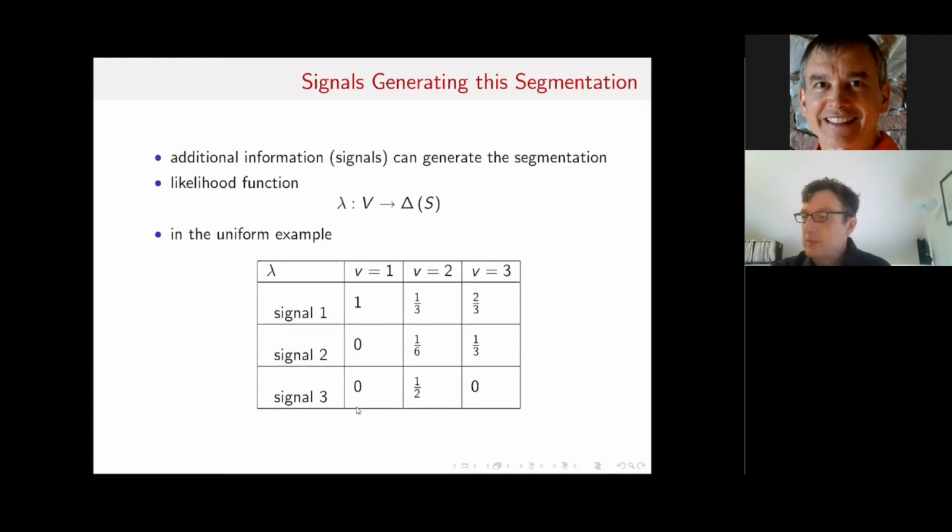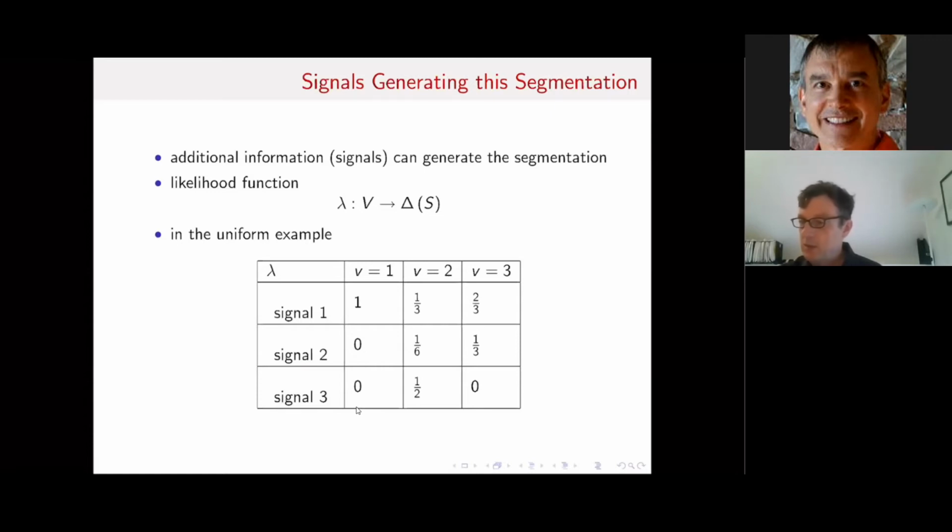Let's read this matrix off by going down the columns. Let's say the consumer has a value V1. What are the possible signals that the firm could see? There are 0 entries and just 1 positive entry. So whenever the value is 1, we only generate signal 1 with probability 1. The picture is different when the value is 2. Then the information structure is going to send either one of the 3 signals, and each is going to be sent with different probabilities that I specified for you.